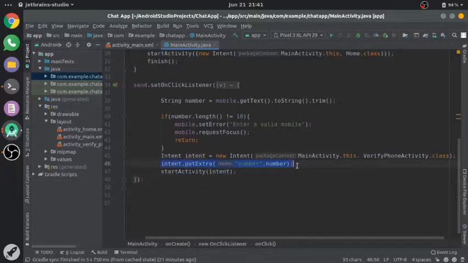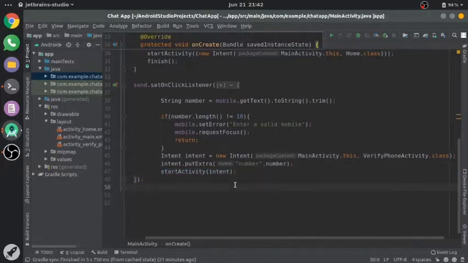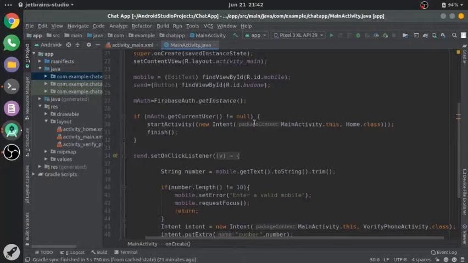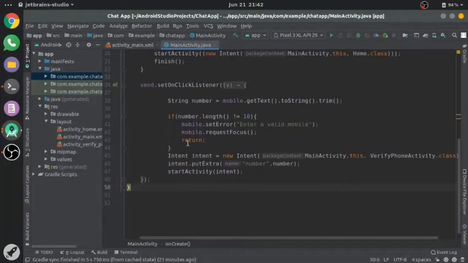So we are sending our number to this verify phone activity. I hope you already know we can send the data by using the putExtra. Okay, and then we will start the activity, and this is all about the main activity.java.